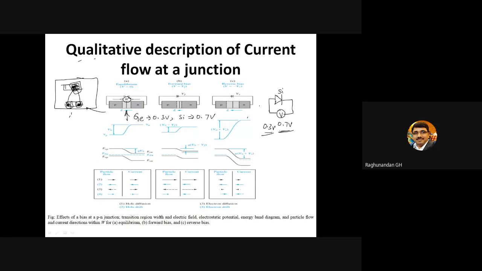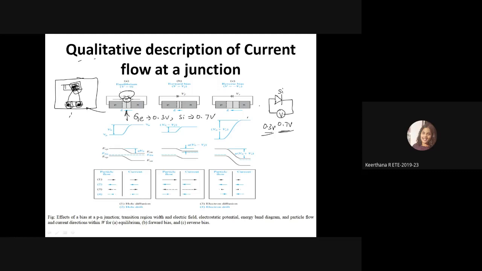Okay, now my question is, from where did this 0.3, 0.7 come? I'm not connecting any battery. See, here it is open. No battery is connected. But still, the junction is showing you 0.3, 0.7. From where did this 0.3, 0.7 come? Can anyone try to answer this question? Make an attempt. Then I'll explain how it is.